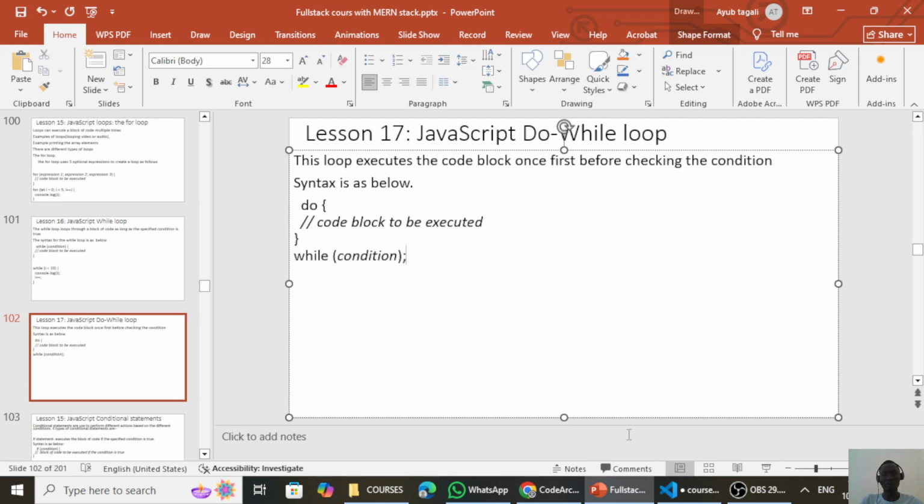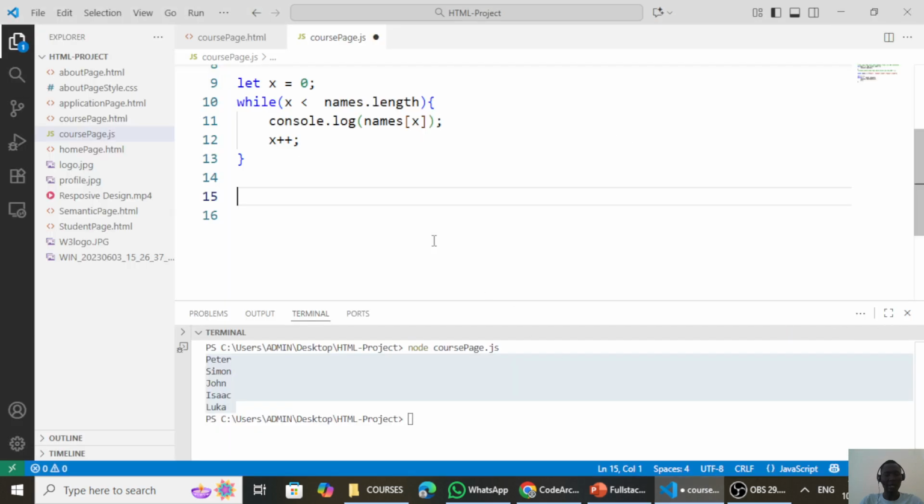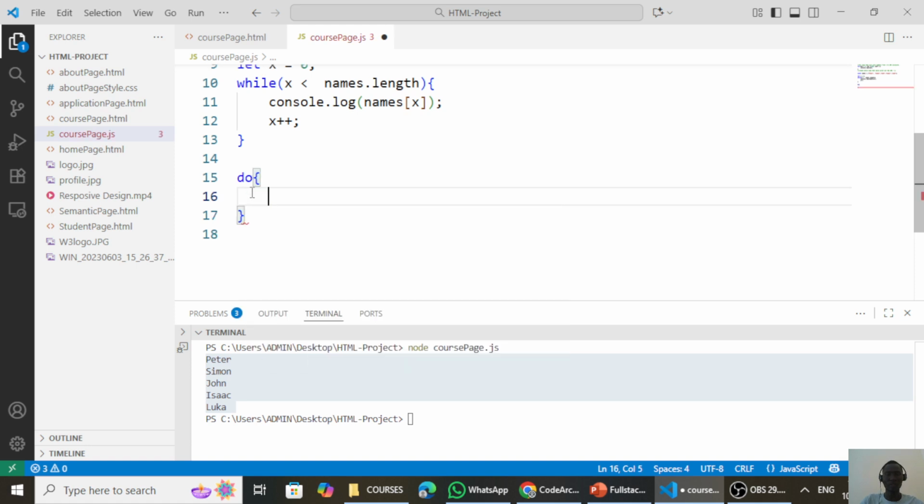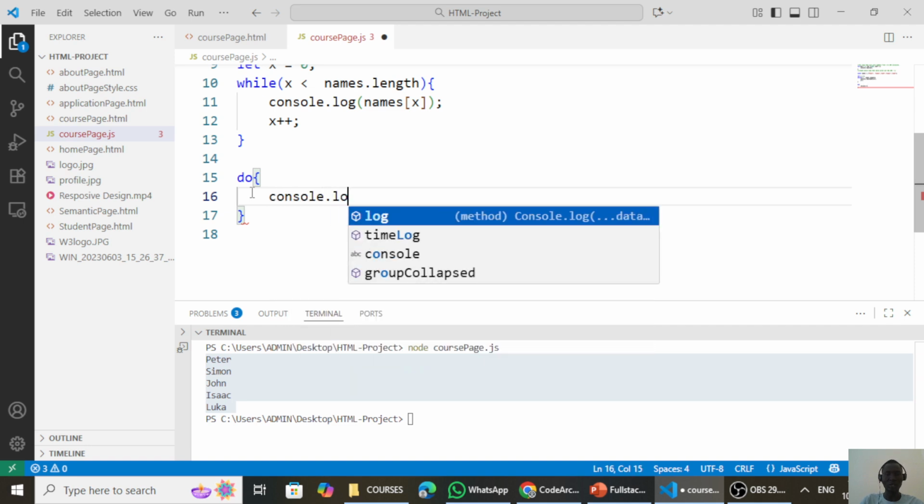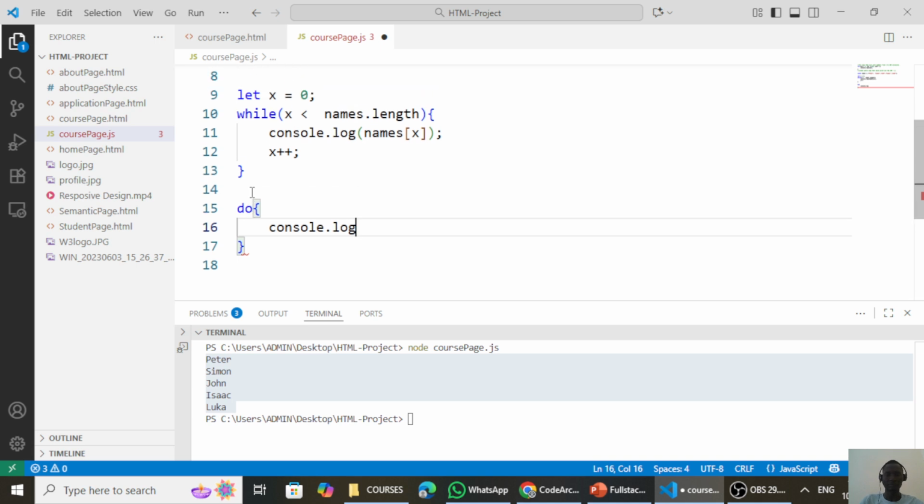loop. So I'm going over to my Visual Studio and now I'm going to initialize a variable. We already have a variable x initialized right here. And now x is initialized to 0. And now I'm going to use the do while. We use the keyword do and then we write the code block that should be executed. So I'm going to simply log, console.log, x,